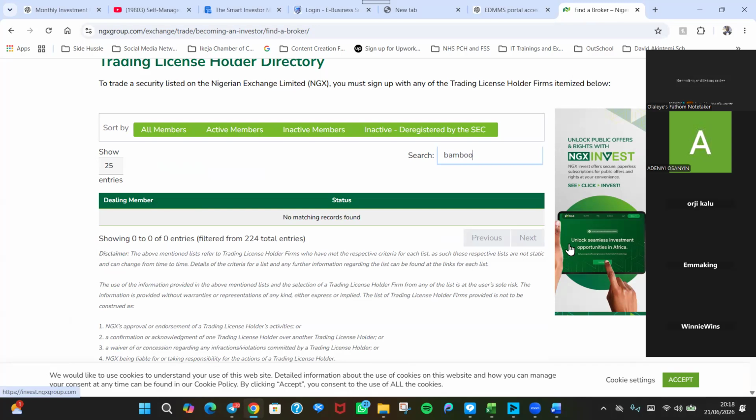Do you notice what happened? Bamboo is not coming up. Can you see that? Yes, sir. Why is Bamboo not coming up? Because like we said before, it's an affiliate of a stockbroker. Exactly, you are right. Because Bamboo does not have a direct license. It is affiliated to another bigger